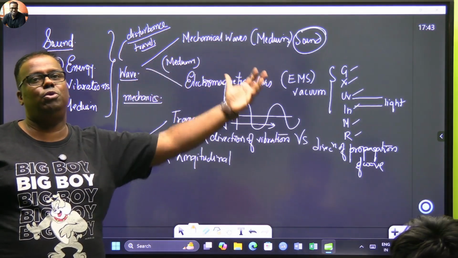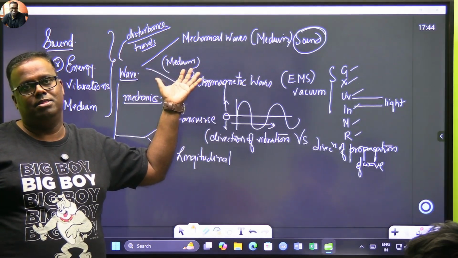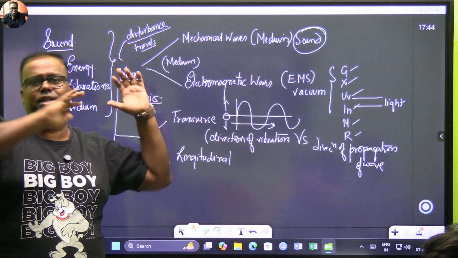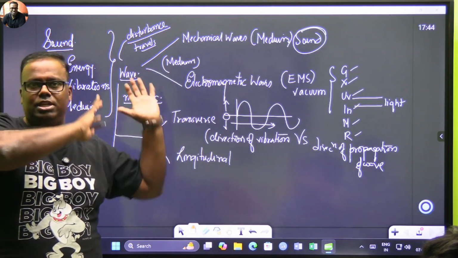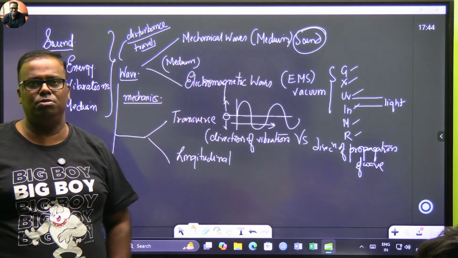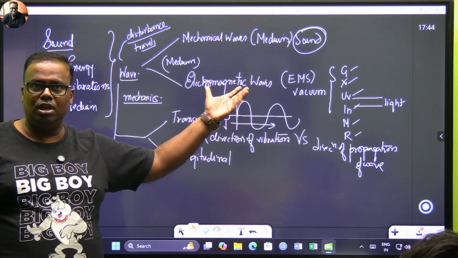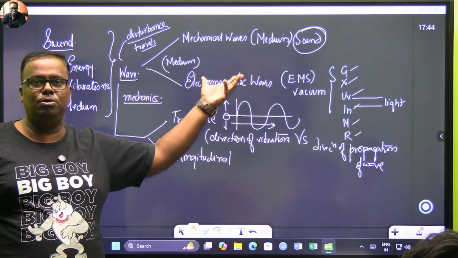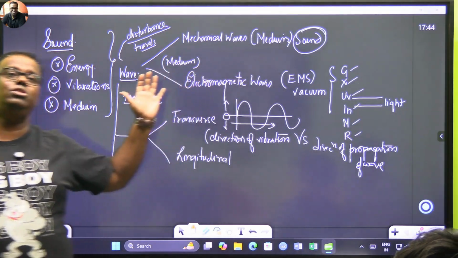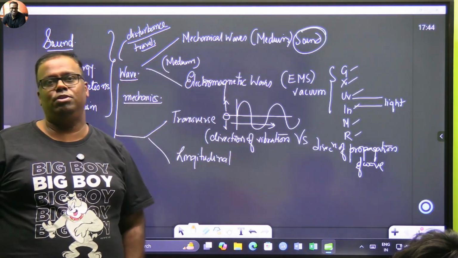How does sound propagate? To understand that, we should know wave mechanics. Wave एक tool है, इसको हम लाइट के चैप्टर में भी यूज कर सकते हैं, इसे हम ऑल्टरनेटिंग करंट में भी यूज करेंगे, इसे हम आगे जाके सिंपल हार्मोनिक मोशन में भी यूज कर सकते हैं. A wave is, as I said, like love between various relations. You have different types of love. So a wave is like that. To understand the propagation of sound, we use the tool of wave mechanics.